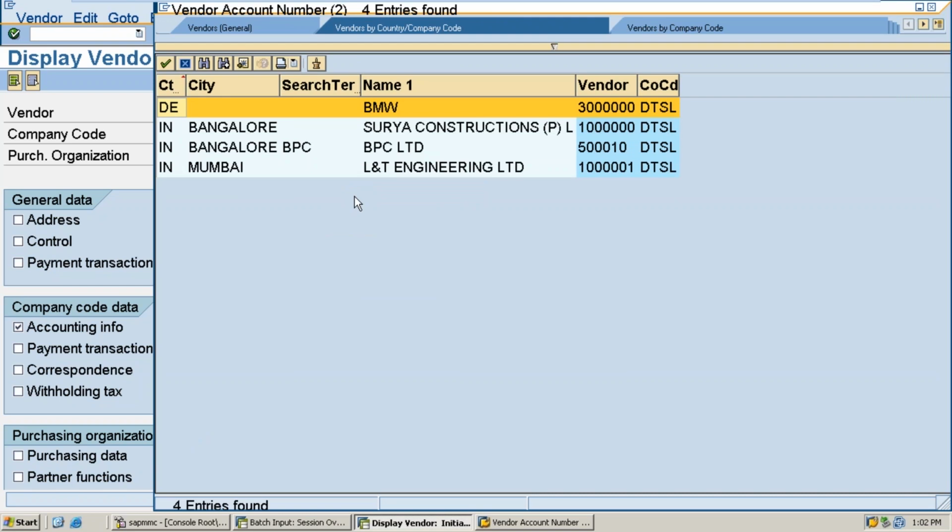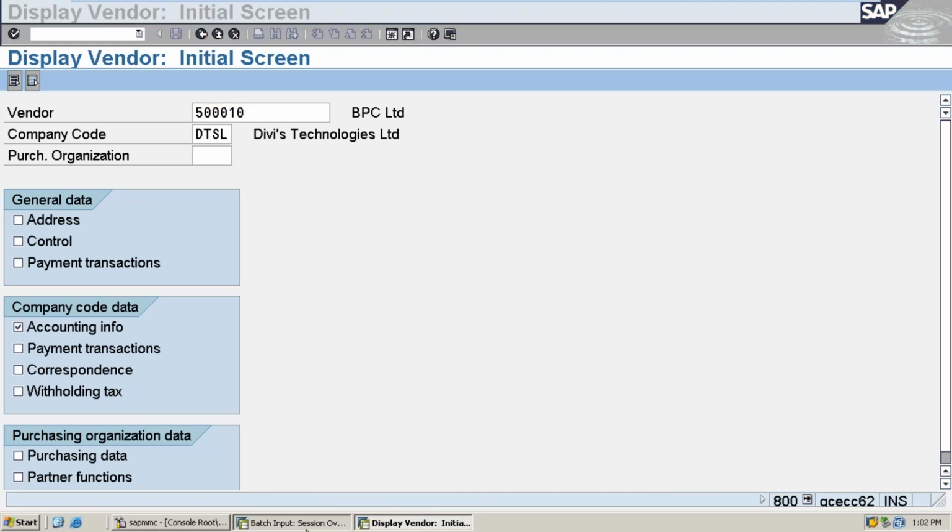This is the way I am bringing my customer data, vendor data from non-SAP to SAP system. How am I bringing it? Collecting the inputs from the non-SAP system, putting them into flat files and uploading into the Excel sheet. Don't think the non-SAP system will be connected to the SAP system to push the records. This is not really what we are going to do. Now let me complete this activity.